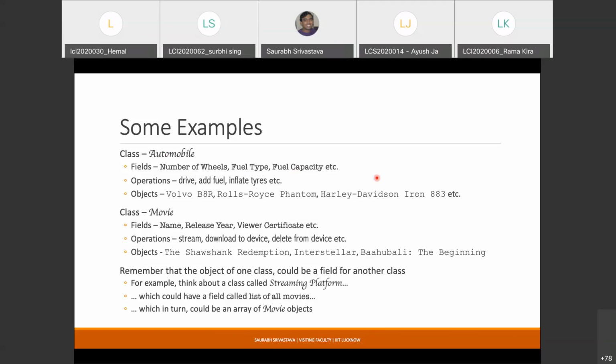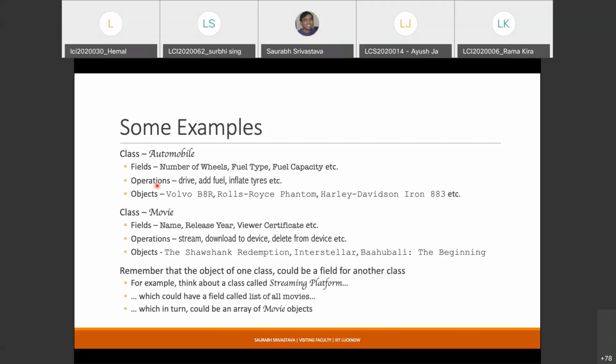If I have an automobile standing in front of me, these are some of the peculiar things that I will talk about. So you can say that these are essentially the fields of this automobile. Okay, and what are the examples of operations? Now consider this: fields are nouns and operations are verbs. So whatever you can do with an object, that is an operation.